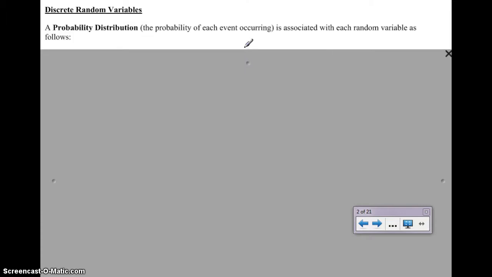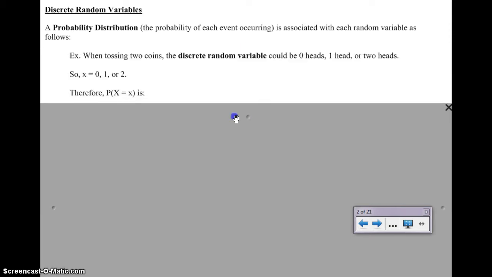All right, most of the things that we talk about are pretty self-explanatory. So we are really going to focus on discrete random variables today. Whereas our histogram was continuous data, something we measured and then counted how many we had in certain intervals, today we're talking about really just anything that we can actually count and not have to approximate. So a probability distribution is basically looking at every possible outcome in some type of discrete random variable experiment.